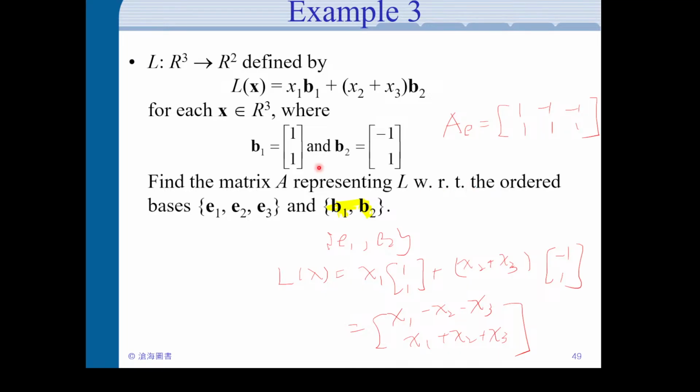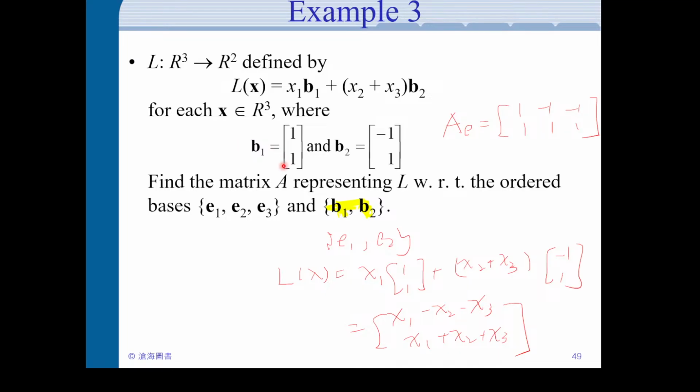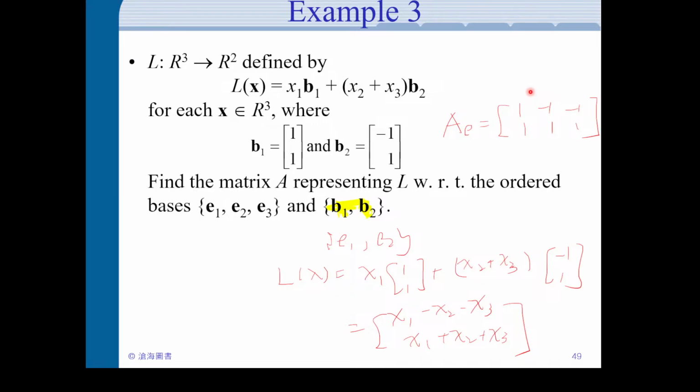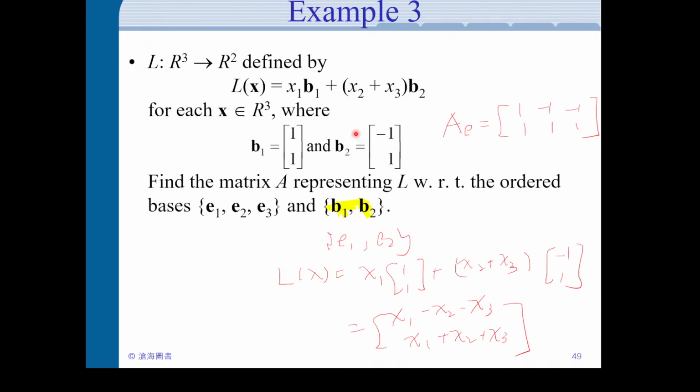Okay, and let's see how the square works out. Here we don't need to transform between V and X because V already equals X, since we have the standard basis here. Then we map all those e_j to V, and they will map to 1 times b1 plus 0 times b2. So e1 gets mapped to 1 times b1,